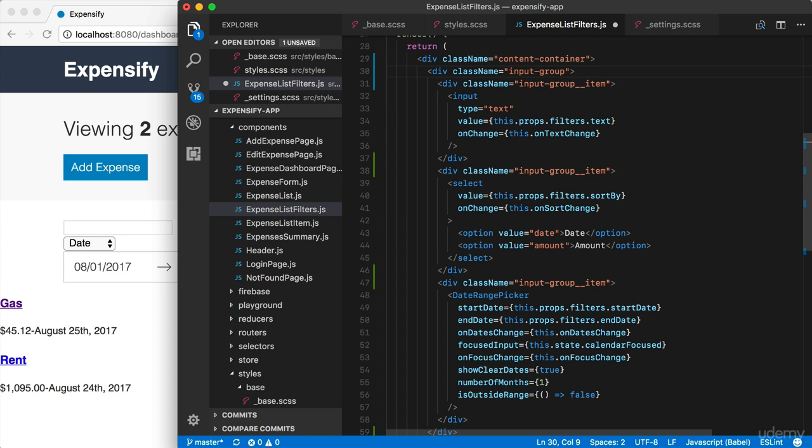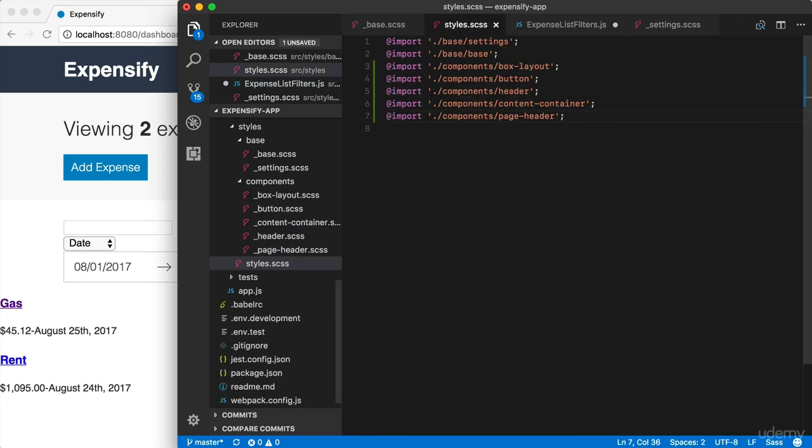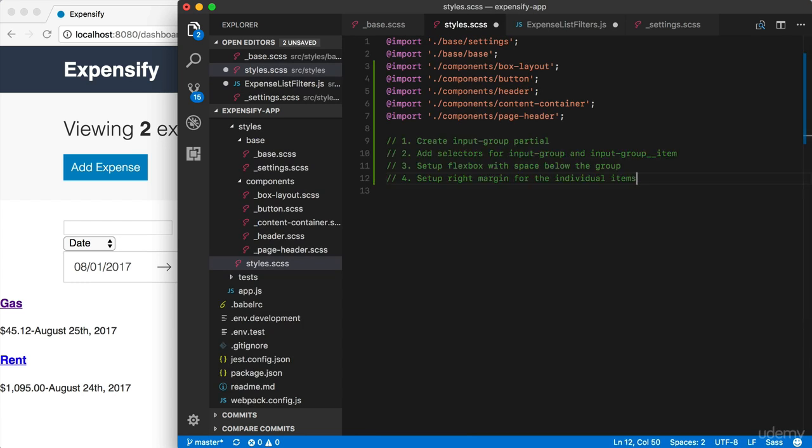So actually adding the partial and setting up some of the basic styles, that's going to be your challenge for the video. So let's outline what I'd like you to do. Over inside of another file, I will paste in the outline the styles file works. So inside of here, the goal is to first create that input group partial and get it loaded in. Then you're going to add selectors for the 2 classes we just set up. On the input group, you're going to set up Flexbox so things move left to right,